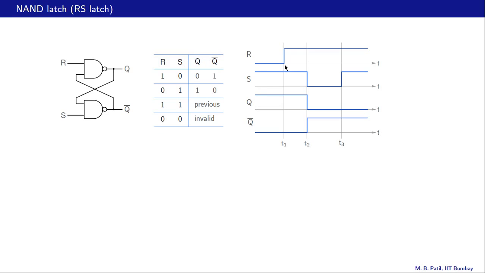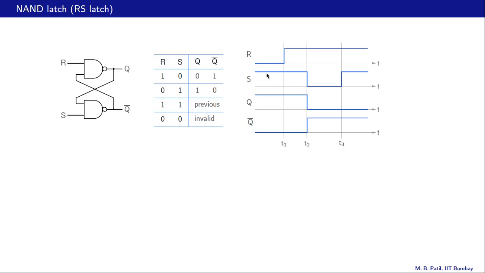Here is the R input for the latch. Here is the S input. That is 0 and that is 1. Similarly 0 and 1 and so on. This axis of course is the time axis. Now in the beginning up to T1, we have R equal to 0, S equal to 1,